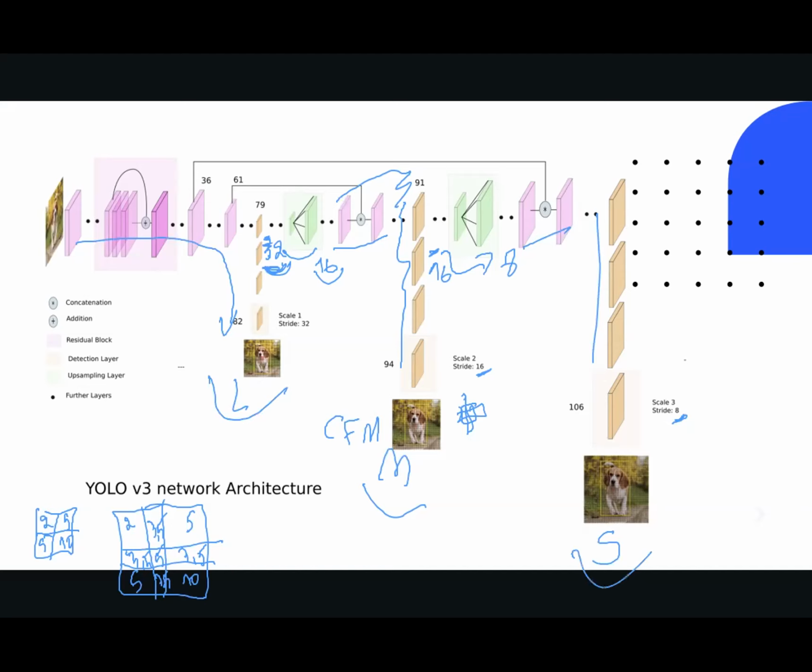And how do we do that? Why do we start with detecting large objects, then medium objects, and then small objects? Why not detect small objects first and then continue the convolutions, which make the objects smaller, and then do the medium and then the large? Why do large, then upscale, then medium, then upscale again, and then do the small? This is just to help the neural network learn what the components of